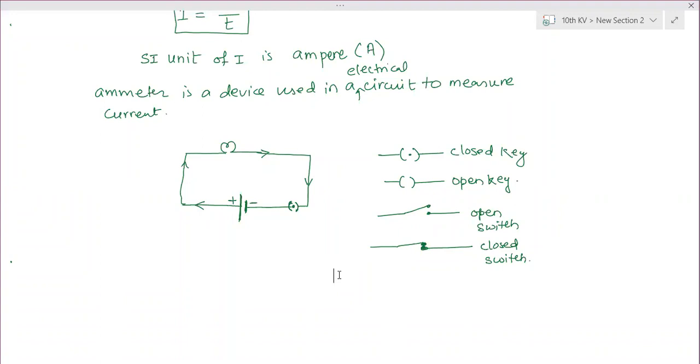So this direction of current is called the conventional direction of current. That is only for consideration and some calculation, and many laws are there. And now you will ask me why they have not changed it after the discovery of electrons. Why have we not changed it? What can be the reason?